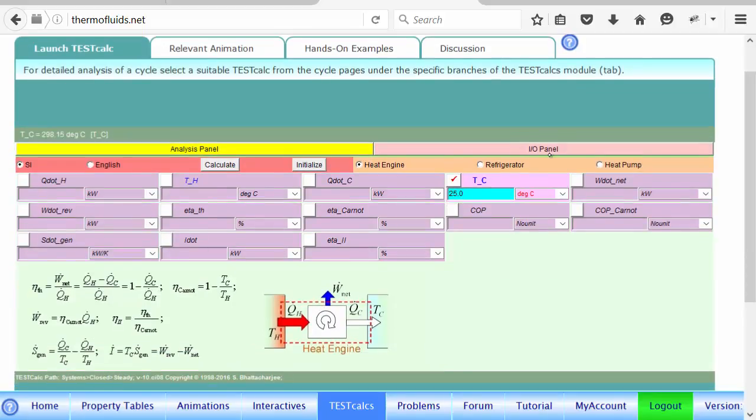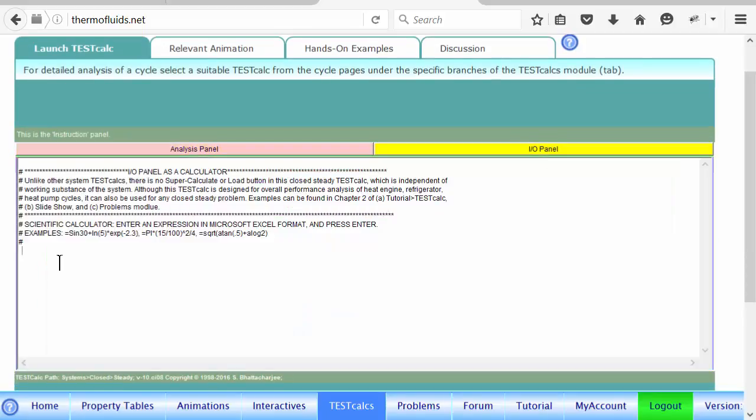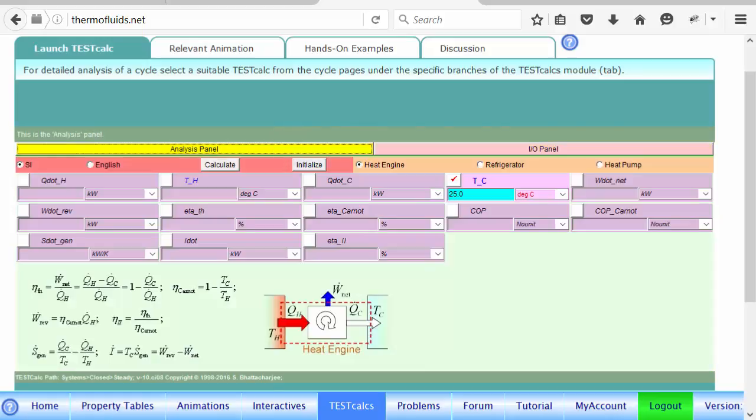Okay, so notice the I/O panel here, which acts like a calculator. So remember the calculations that we made. For instance, I said suppose we divided 8 megawatt by 0.21, the efficiency, to figure out the heat transfer to be 38 million megawatts. So notice we can use this I/O panel as a calculator. Anyway, to solve